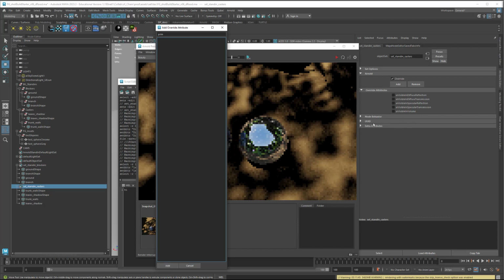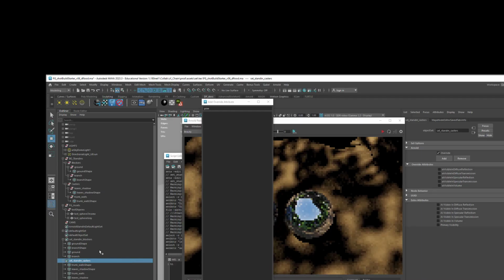to my set. It is, because it doesn't have AI in front of it, it's going to be here under the extra attributes. And I want the primary visibility for these objects to be hidden or not visible. And that means that they're going to have an effect on the scene, but we won't be able to see them. Then the other thing that we need to do is for the blockers, we want to make them as matte objects so that they will render out black. So we're going to make it into a matte object, and for that we're going to use the same technique